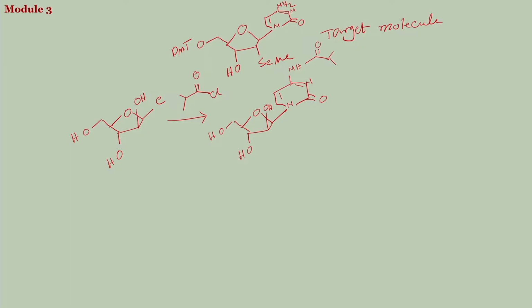So, that is the first step. Second step is that you need to keep this OH as it is and you need to protect the other two, so that they do not interfere in your future nucleophilic substitution reaction. And again you can see this is a 1,3 diol. So, you can protect it by the silyl group,